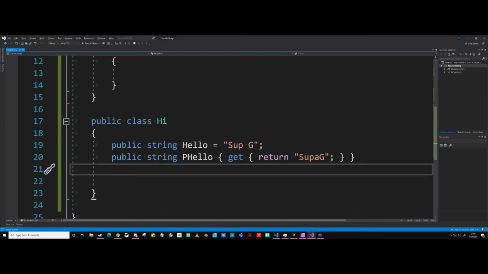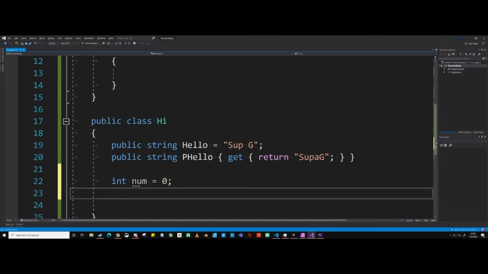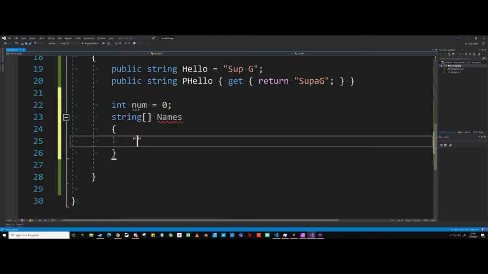But what if we have a method, right? That we have private integers that nobody can access. We have private things like int num equals to 0. And we have, let's make it a string array, call it names, right? And let's create new names like Robert, comma,